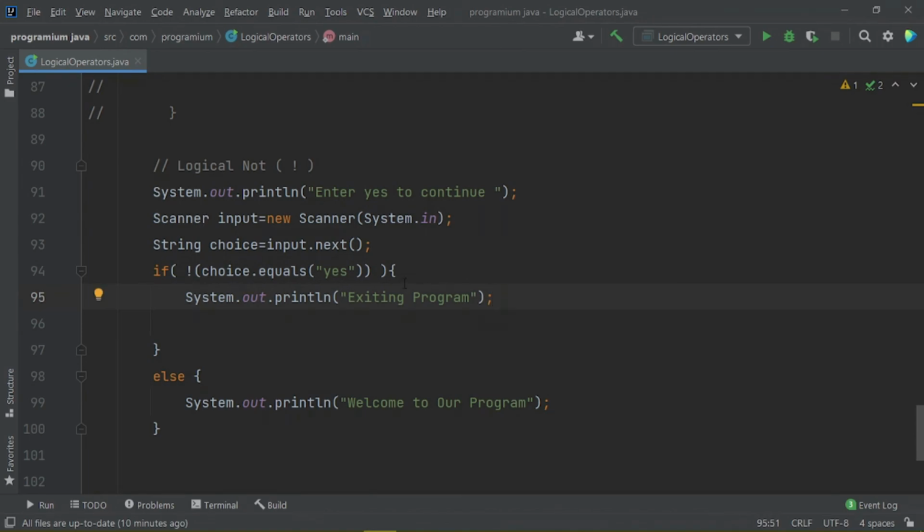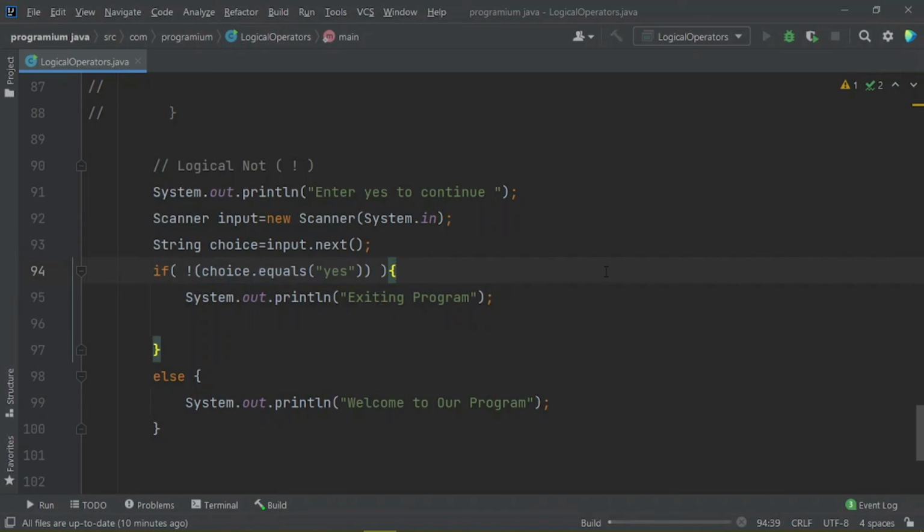So what would happen here right now, that if we remove this exclamation sign, and if the user enters yes here, then this condition would be true. So this if condition would be shown to the user, but we don't want to do that, and we are putting an exclamation sign right now, that would just convert this true to false.